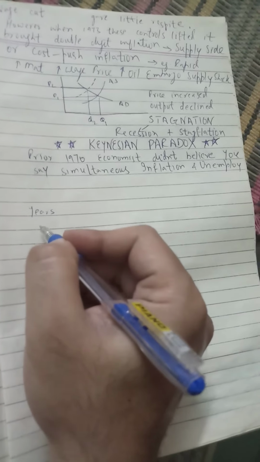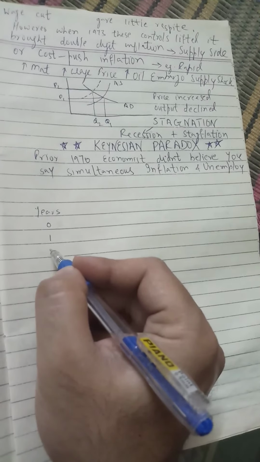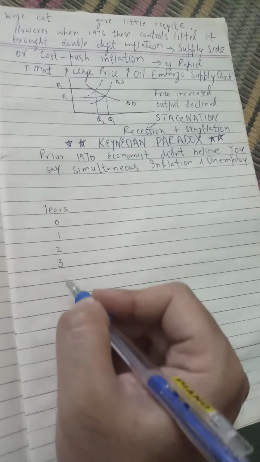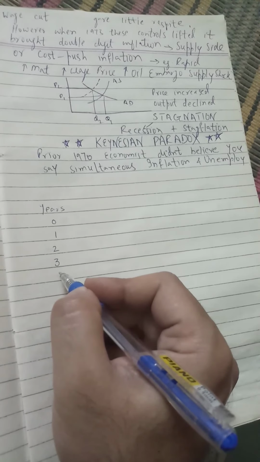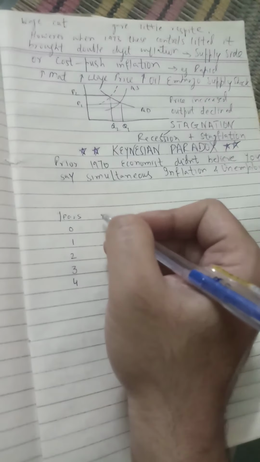Years. 0 means today, 1 means 1 year after today, 2 means 2 years after today, 3 means 3 years after today, 4 means 4 years after today. Then if I write the cash flows,